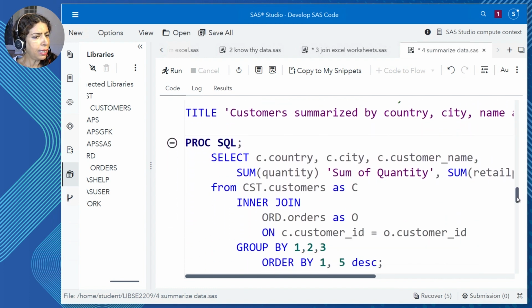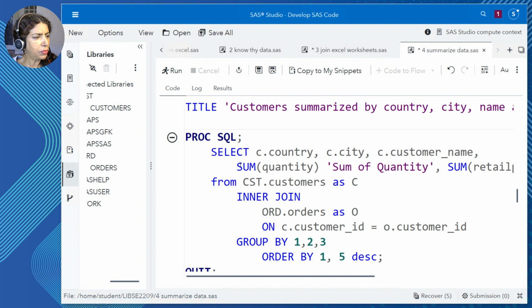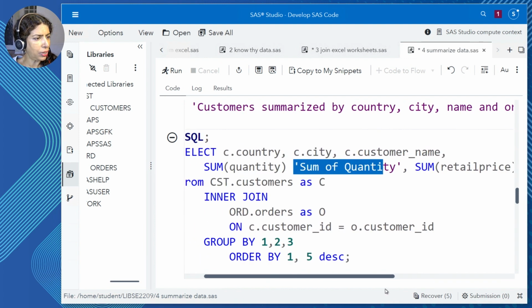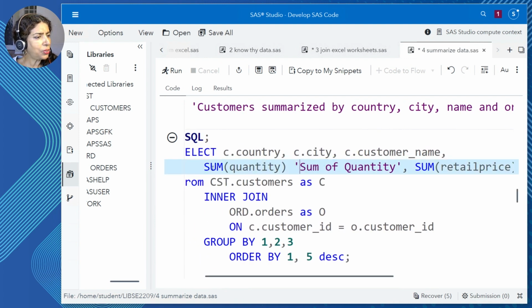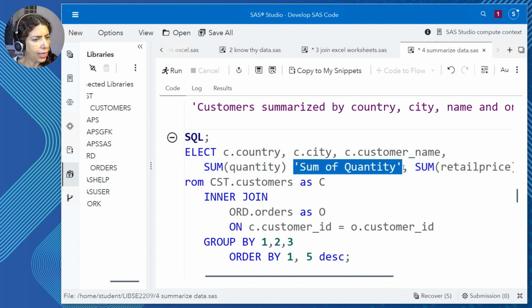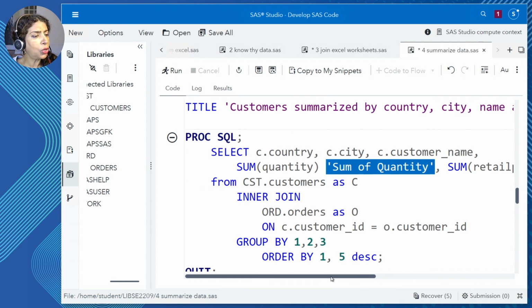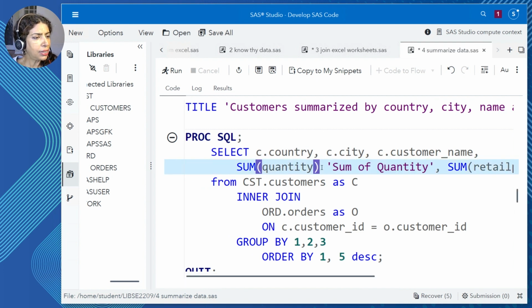We'll add a label to the column names. Sum of quantity has a label. Sum of retail price also has a label attached to it. It's so easy to add a label just beside the column name in quotations. Add the label. This is ANSI SQL. If you wanted to go SASism, you would type in right after the name of the column, label equals.